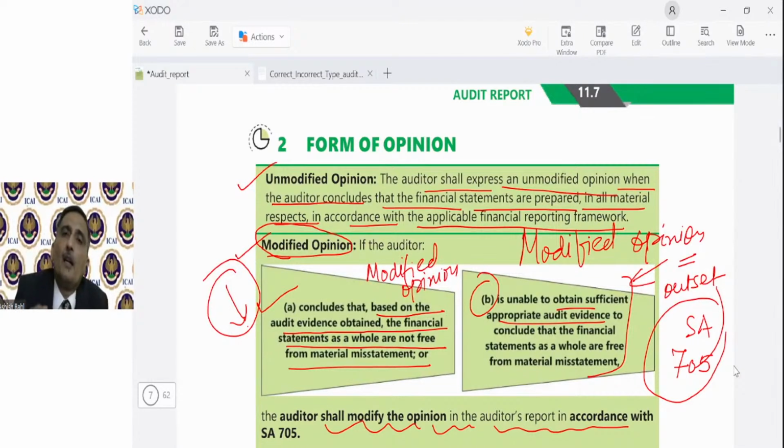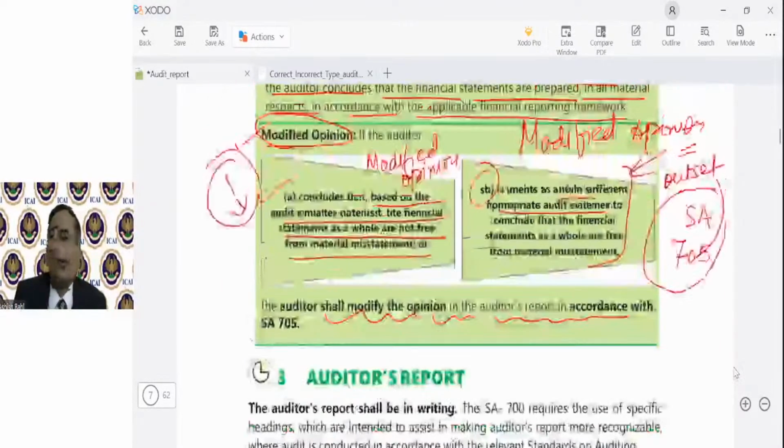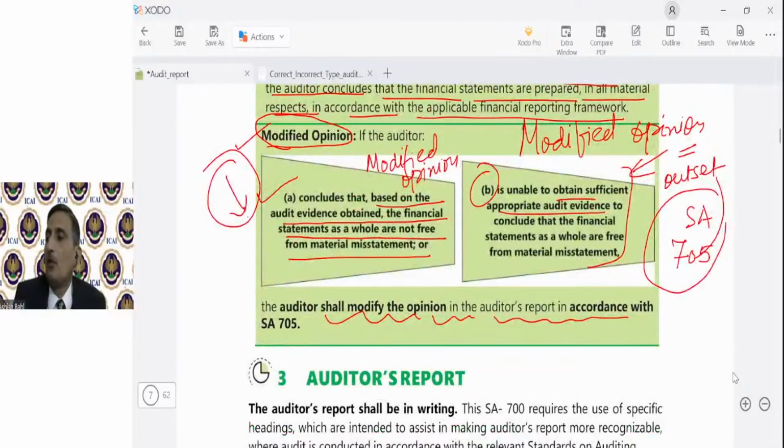Okay. Modification of opinion relates to opinion, whereas assurance relates to the auditor's comfort. Clear, Dinesh? So is that clear, guys? So that we can move to the next topic